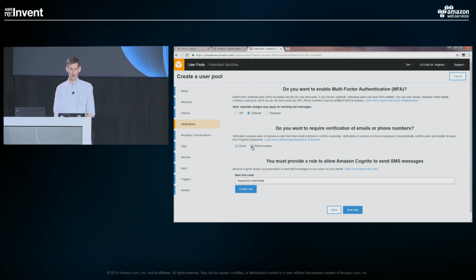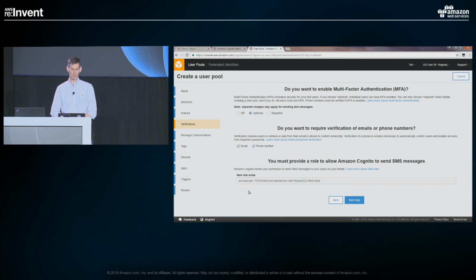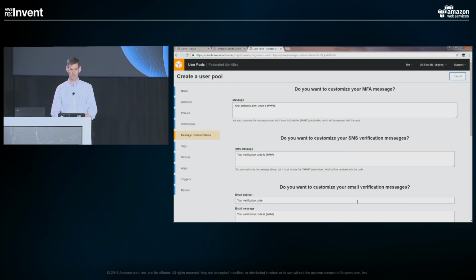Now, if you are going to be sending messages like SMS messages to validate sign in as I've done, or a phone number, you'll use, under the covers, our SNS service. And as you create a user pool, you create a role so that we can call that service on your behalf.